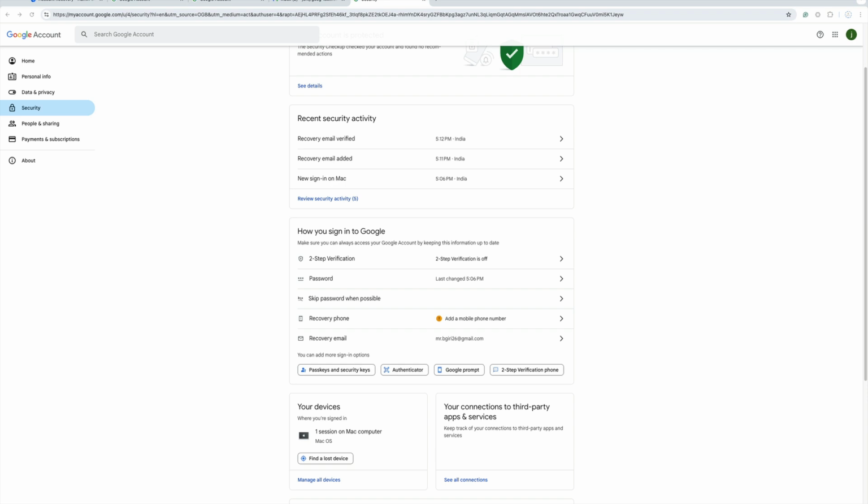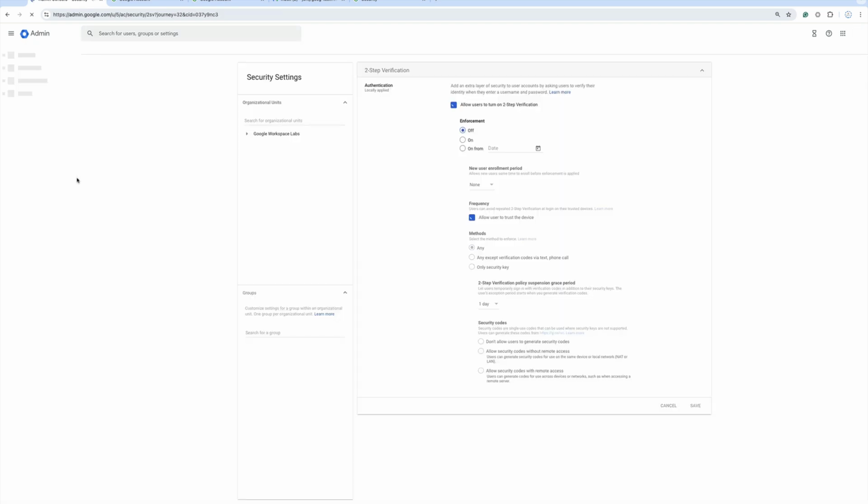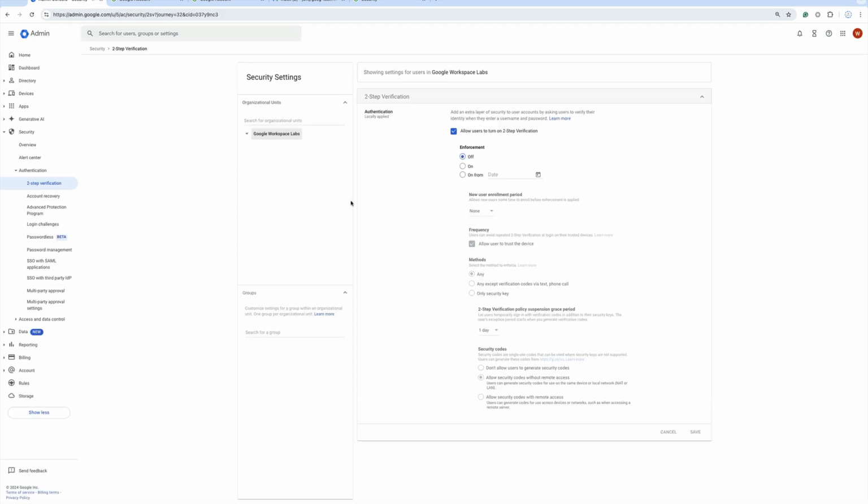Now we'll go for the two-step verification. Okay, so how will we do that? If we come to here, then click on security, come to the authentication. Then navigate to two-step verification. There is the option, you click over there. A couple of options you have here, you can see. So what we'll have to do,